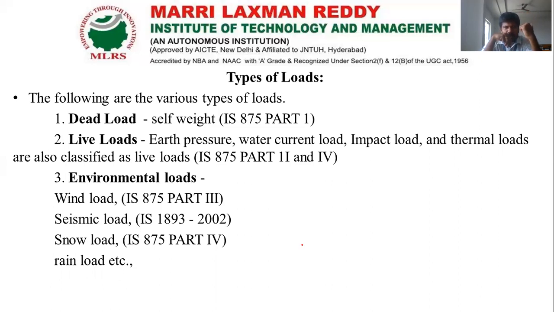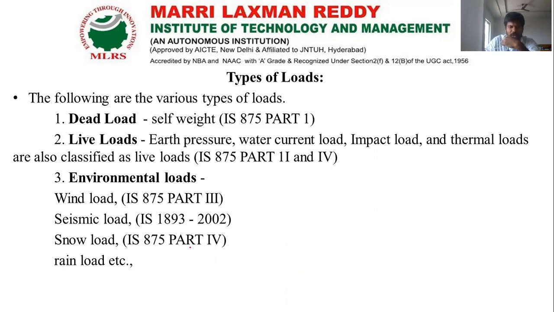Second one, imposed load or live load. Based on the structure criteria, how much load it is going to take from the externals. External in the sense, a human being, for example, comes under live load. Based on the structural nature, like industry, house purpose or commercial purpose, the live load intensity may vary, so that we can get from IS 875 part 2.